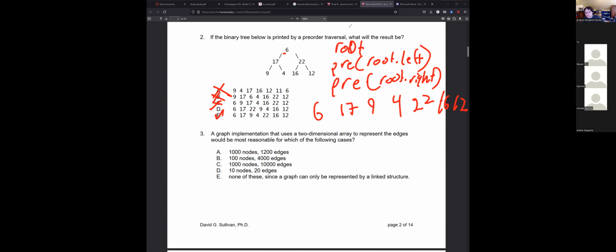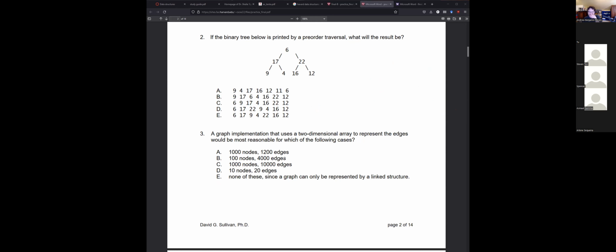All right. So that should be fairly fresh in your memory, but this is new, and I love this question. A graph implementation that uses a 2-dimensional array to represent edges would be most reasonable for which of the following cases? A graph with 1,000 nodes, 1,200 edges; 100 nodes, 4,000 edges; 1,000 nodes, 10,000 edges; 10 nodes, 20 edges; and none of these, since a graph can only be represented as a linked structure. Now, that last one is the I don't know what's going on answer,